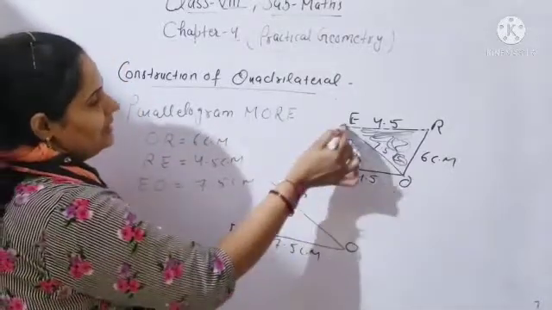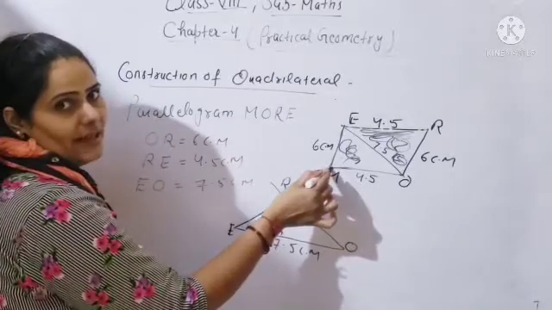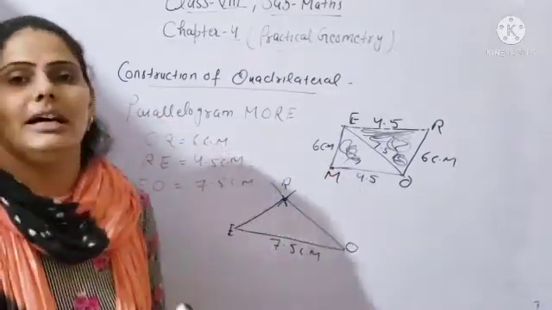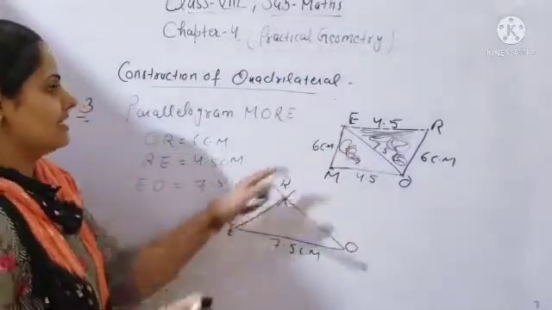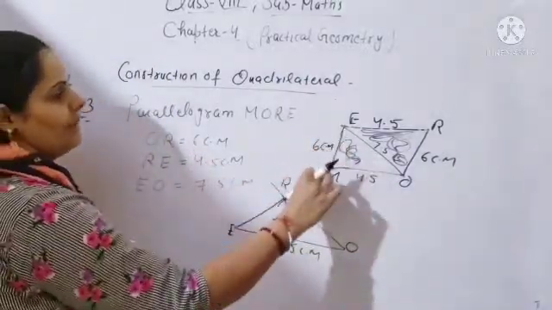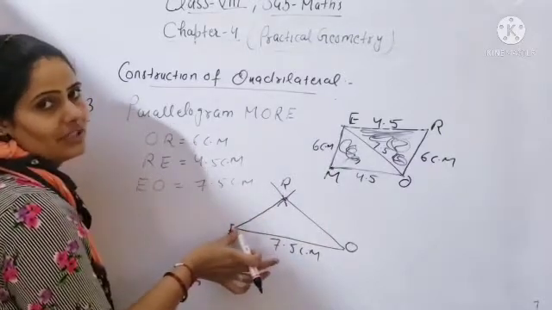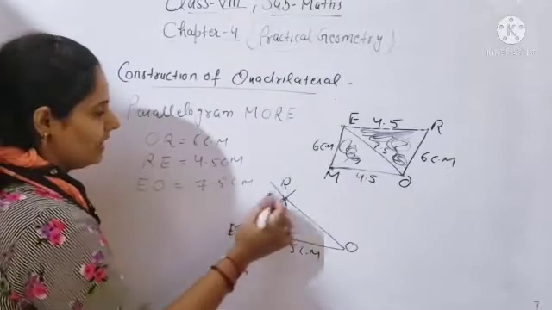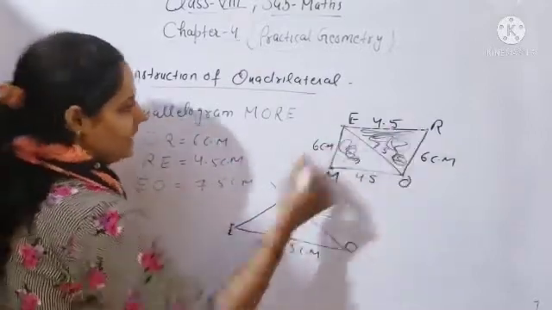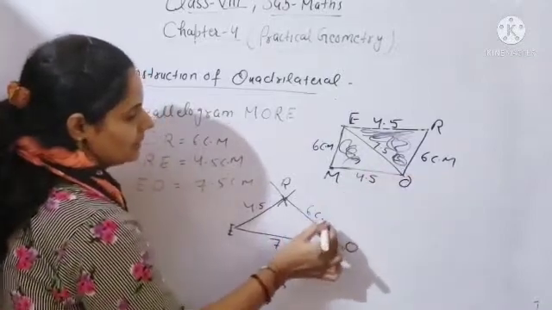So same, you can see this line and this line are meeting at one common point, and it is point M. So first you have to draw the intersecting point with the help of arc. Okay, so this length is 6 centimeter from point E to M. Okay, so same, at point E you will open your compass with the help of ruler. How many centimeter, beta? 6 centimeter. First, beta, you can write the name also. ER is 4.5 and RO is 6 centimeter.